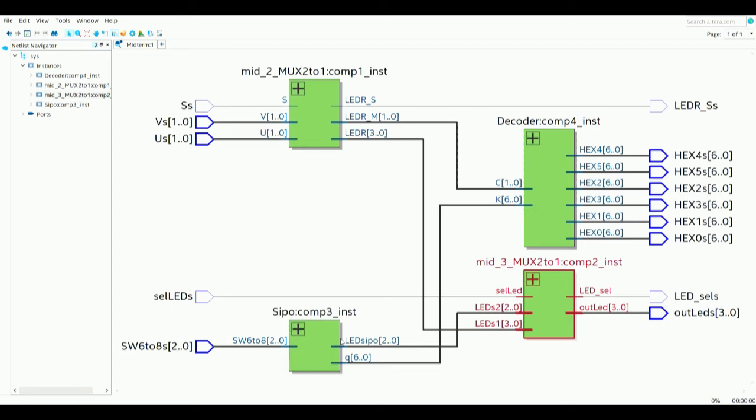The SIPO also has a 7-bit Q port that's going to be connected to the decoder, and based on it determines which of these hexadecimals will be the output. Like I said in the code,